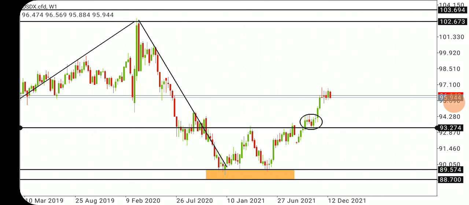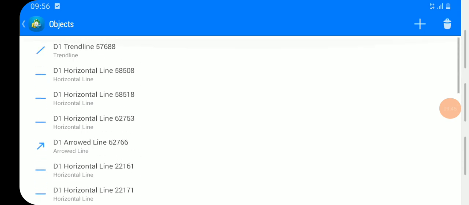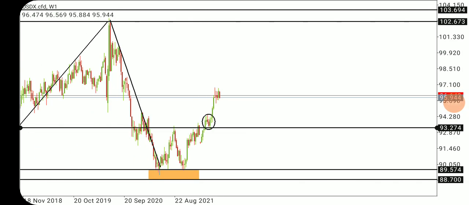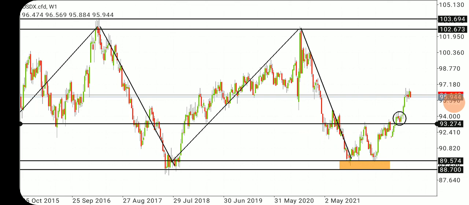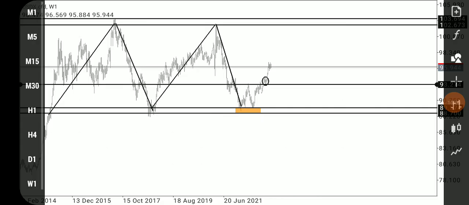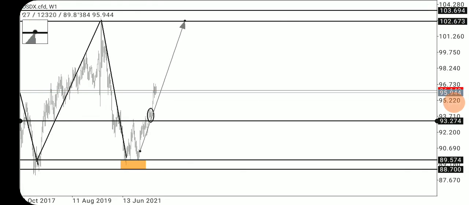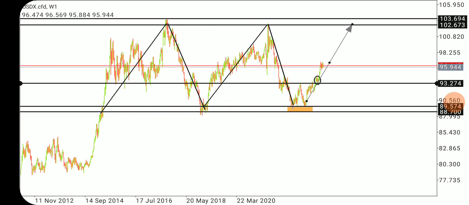But the thing is, the market doesn't move in one direction, it goes up and down, up and down. So most people may think that now it is time for it to go down. No, I don't think it will go down anytime soon, because number one, it is in the middle of a range movement, the up and down movement, up, down, up, down, up. You see, my direction here is just go all the way up there. You see,